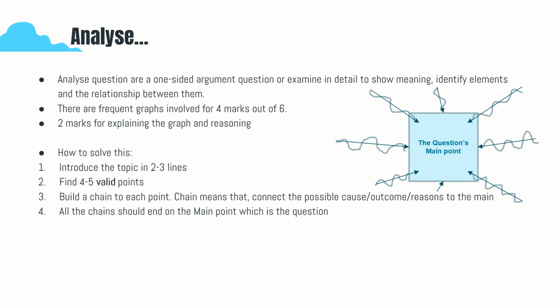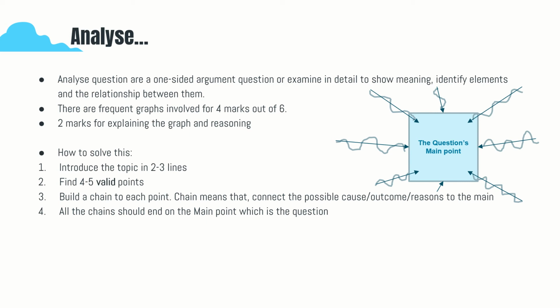So first of all, when there is a natural disaster, the resources are depleted or they are destroyed. So the PPC will shift inside, and you need to show that shift. There should be two curves in the graph. One will be outside and one will be inside, and an arrow showing the movement inside. That would give you 2 marks right there. Labeled axes will give you another mark.